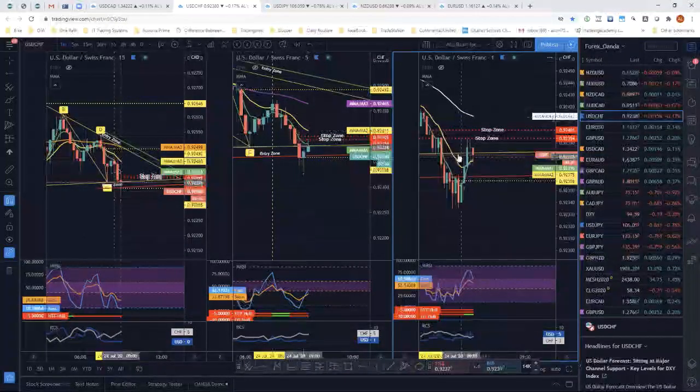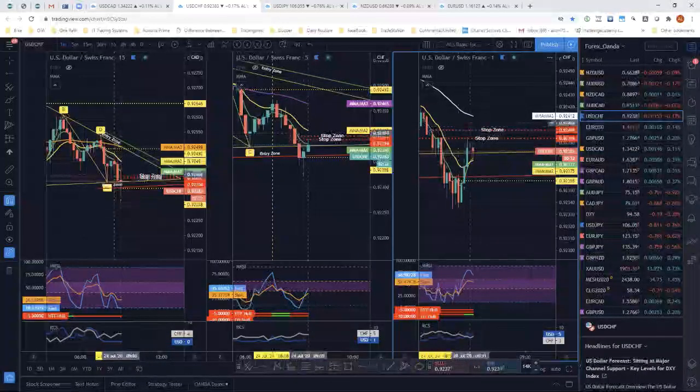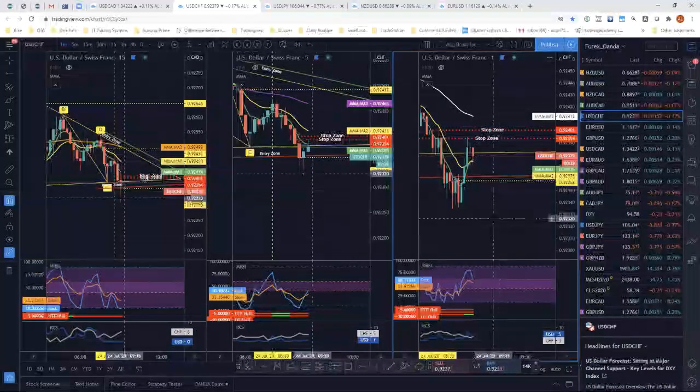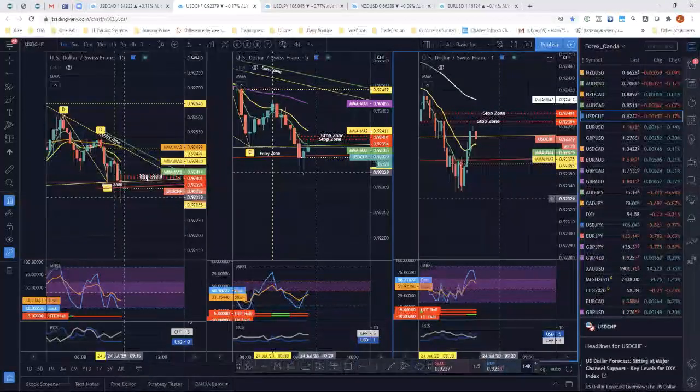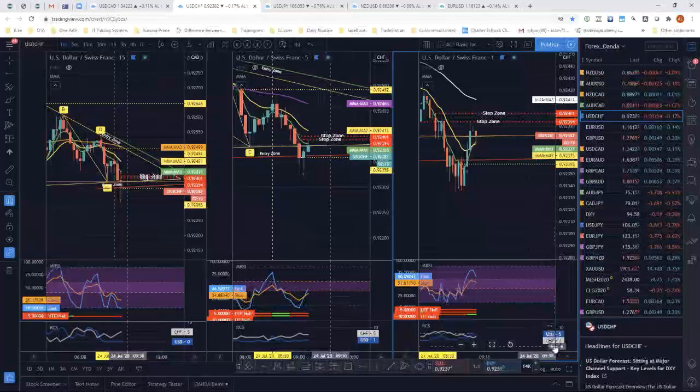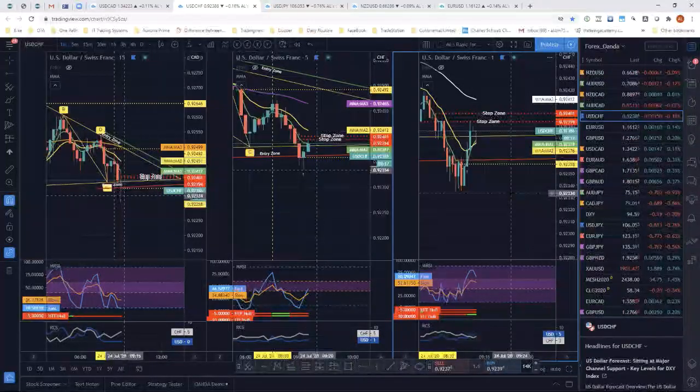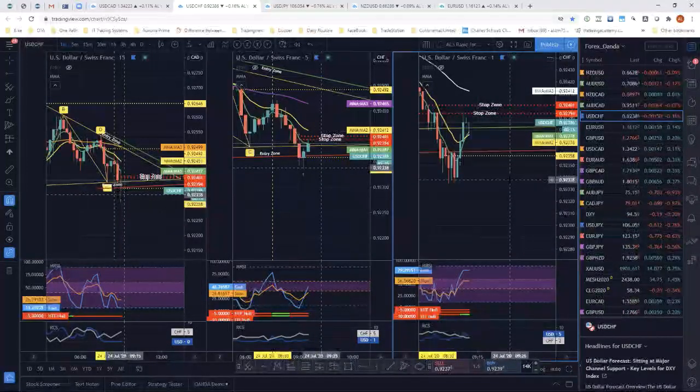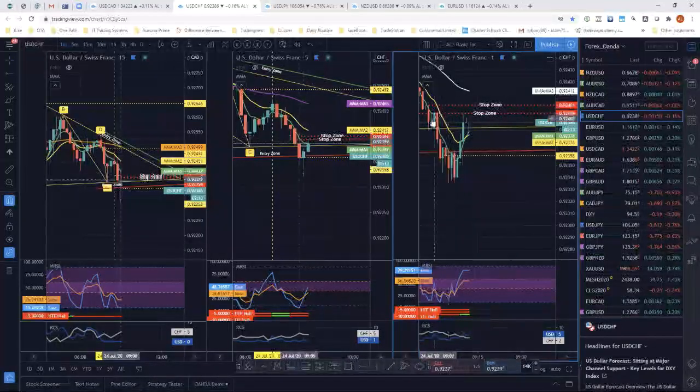Now, this was a nice little pullback. It went back into the wedge, did protect the zone. Still is holding, but you still have some dollar strength here. I would want to see this thing flip with the Swiss on top before I take it short again. And right now, the fact it broke the wedge, it never got more than,